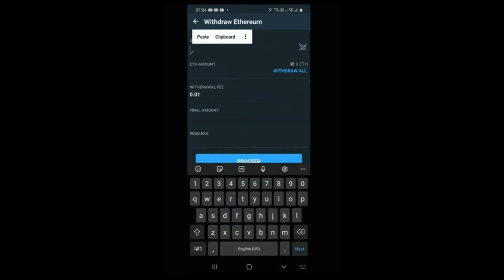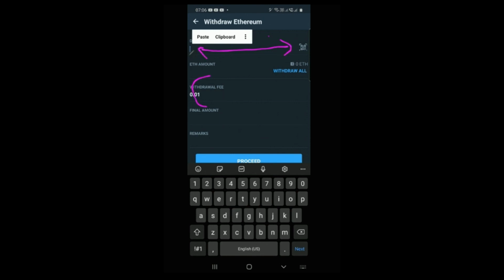Now it will ask for the destination address. You have to take the address from your other wallet. That address will be something like maybe 32 characters. You have to paste it in this section. Cross-check the first three and last three letters. You can only copy and paste, not more than that. So you have to check once you paste it.